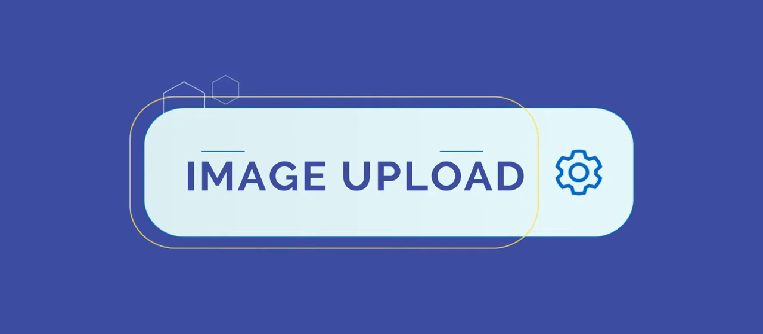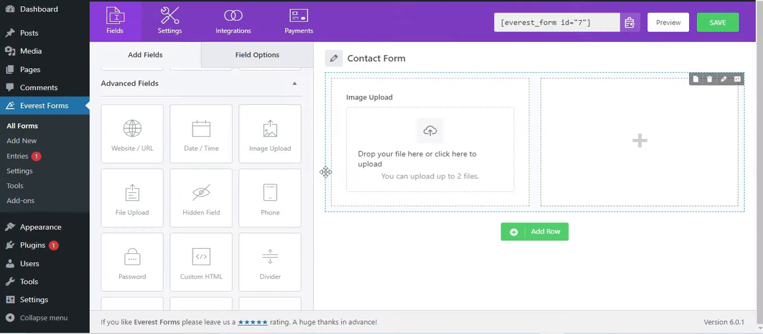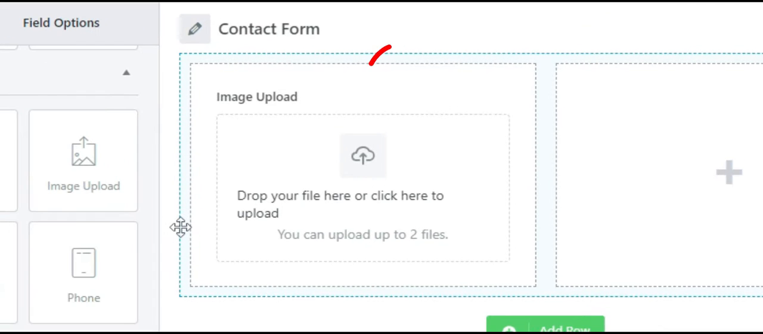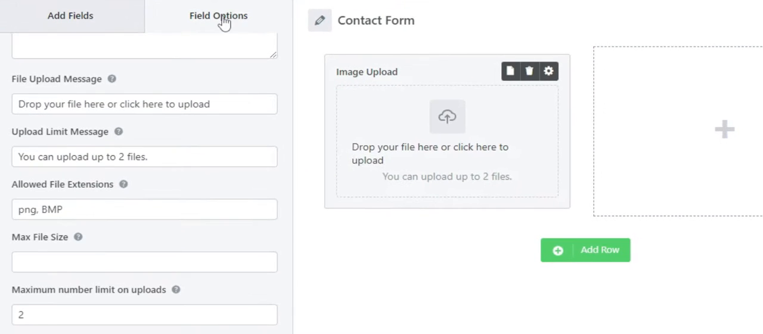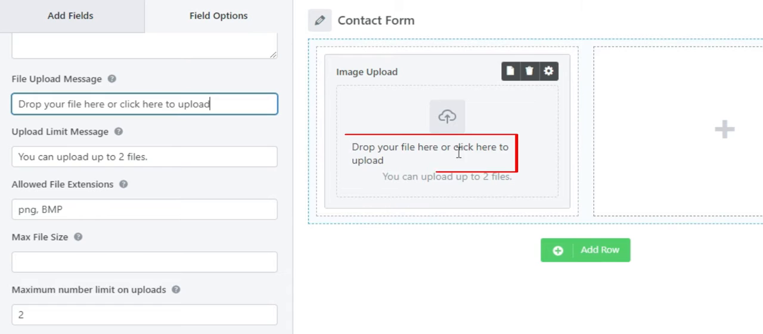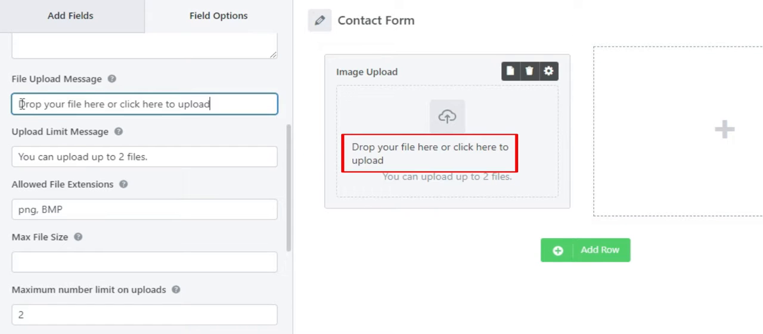Next we have the image upload field. You can insert the image upload field to let your form fillers upload any image in different formats like PNG, JPG, etc. in the form. In the field option, you can see an option called File Upload Message. Here you can type in the message that you want to display in the field. For example, we have typed in "drop your file here or click here to upload", so you can type in